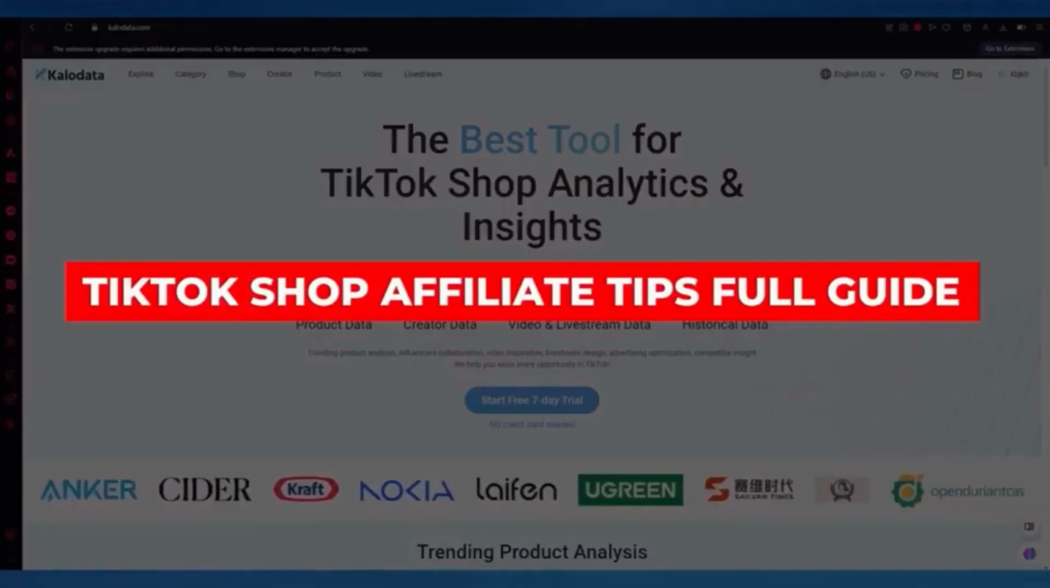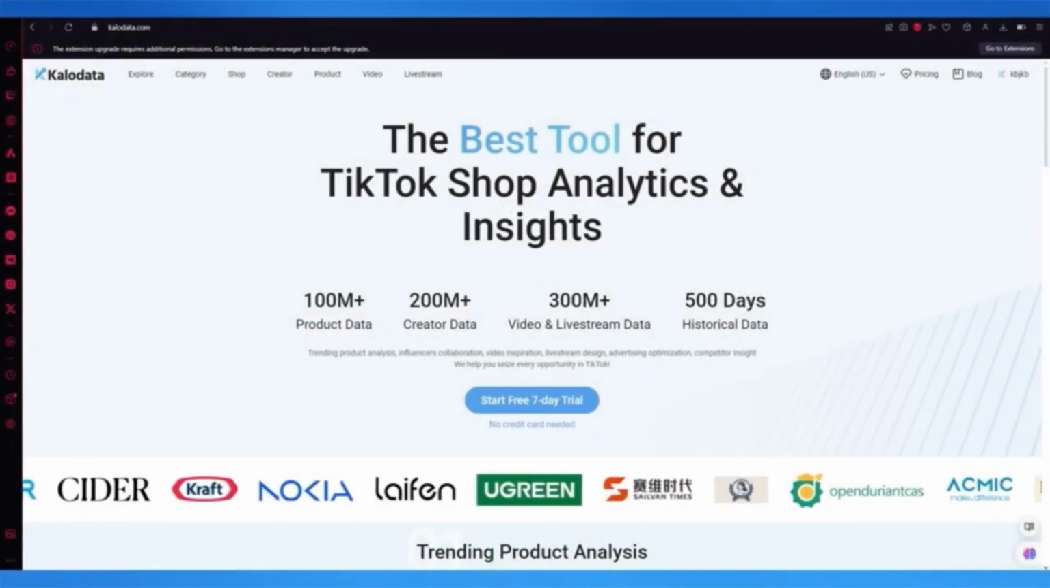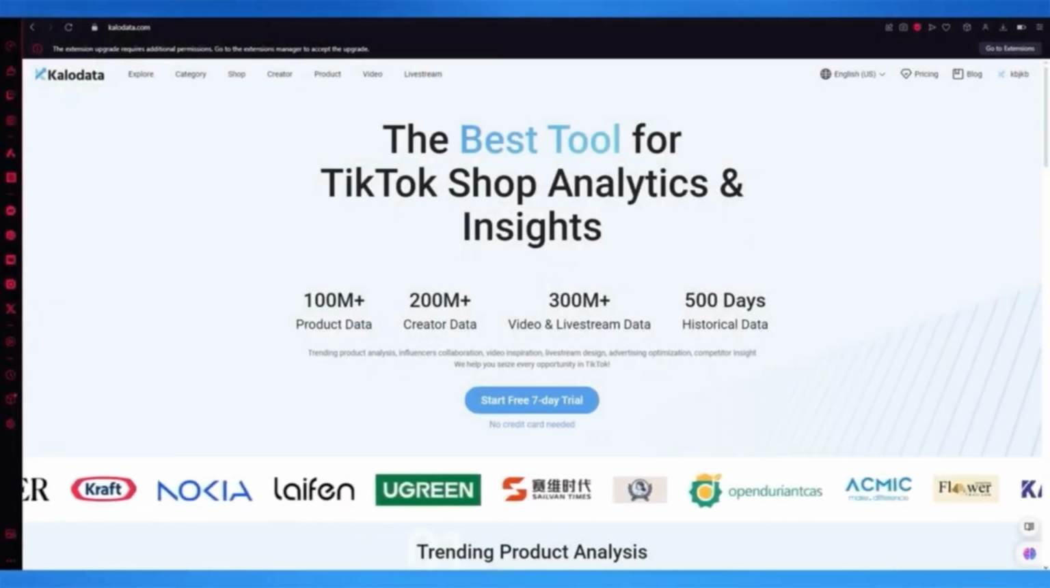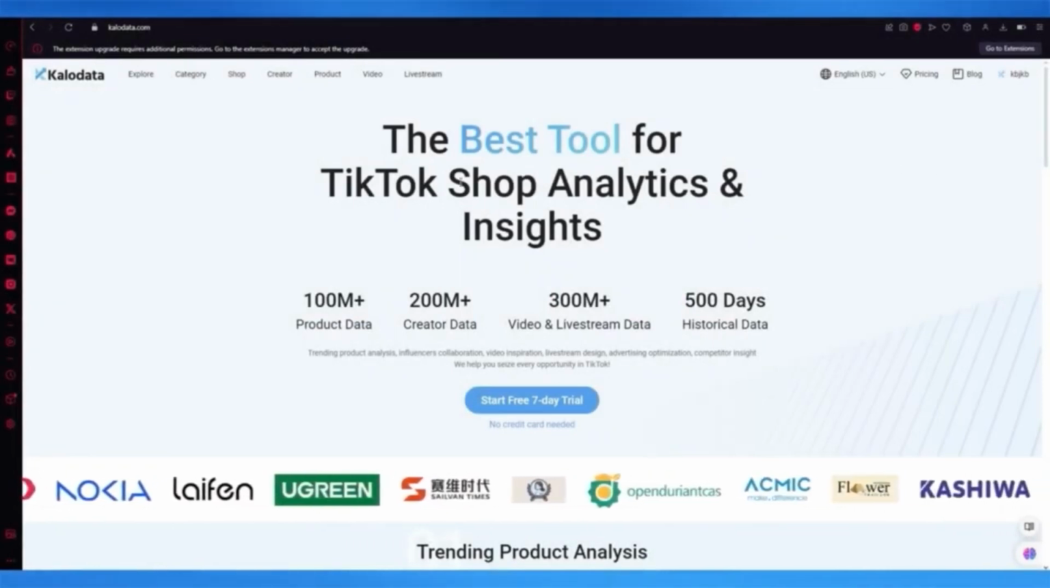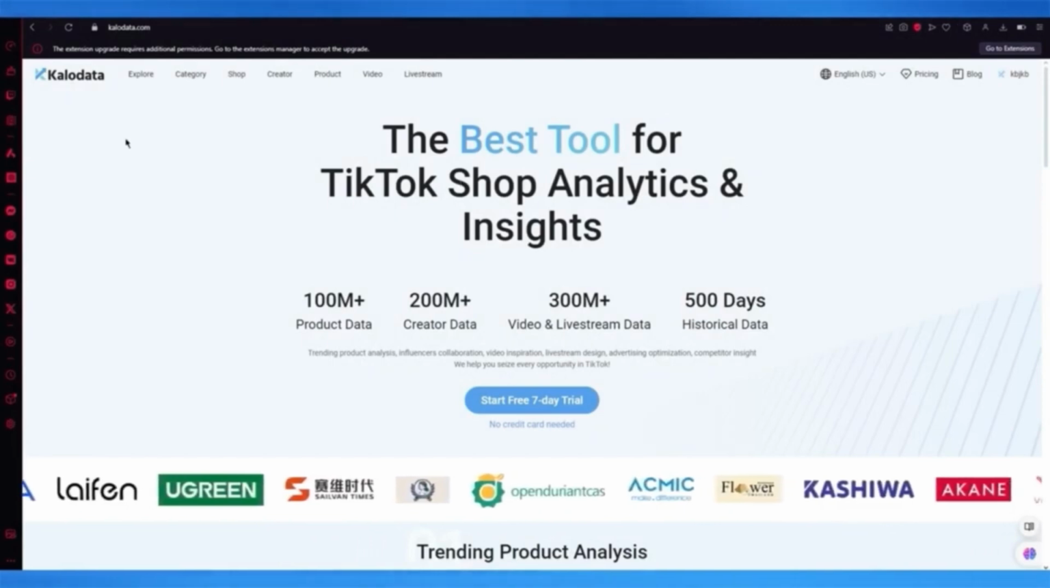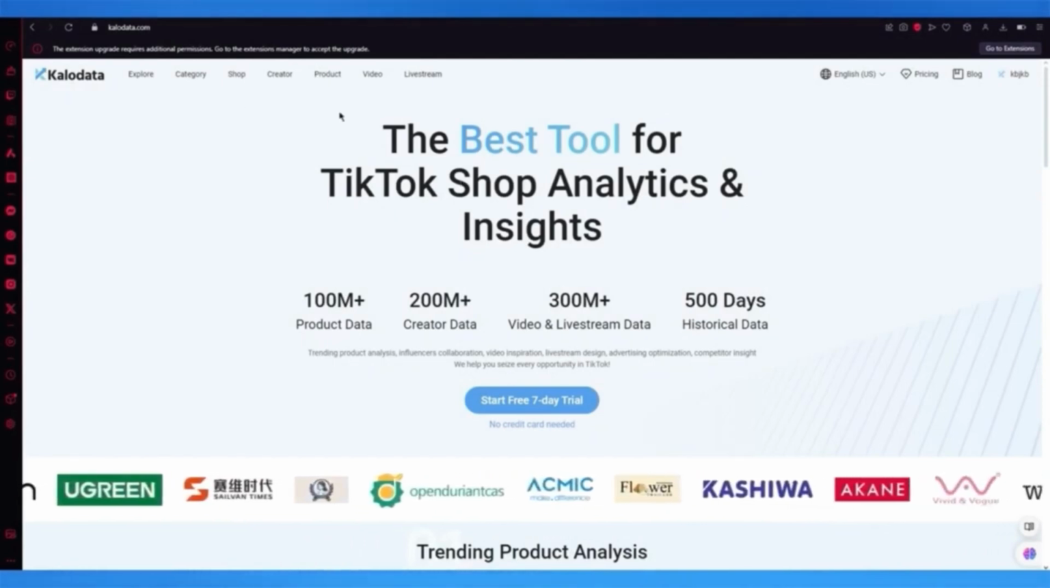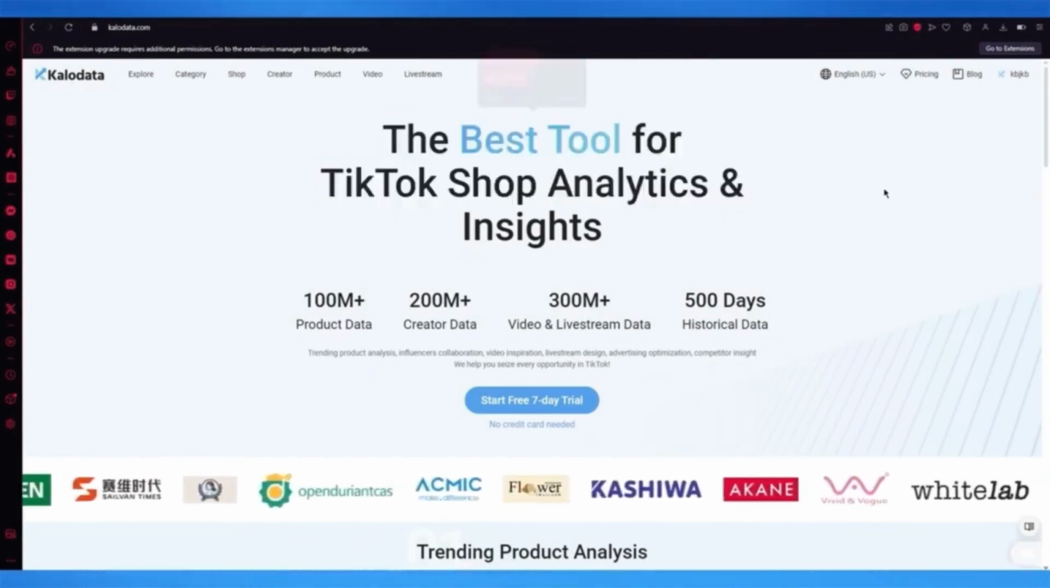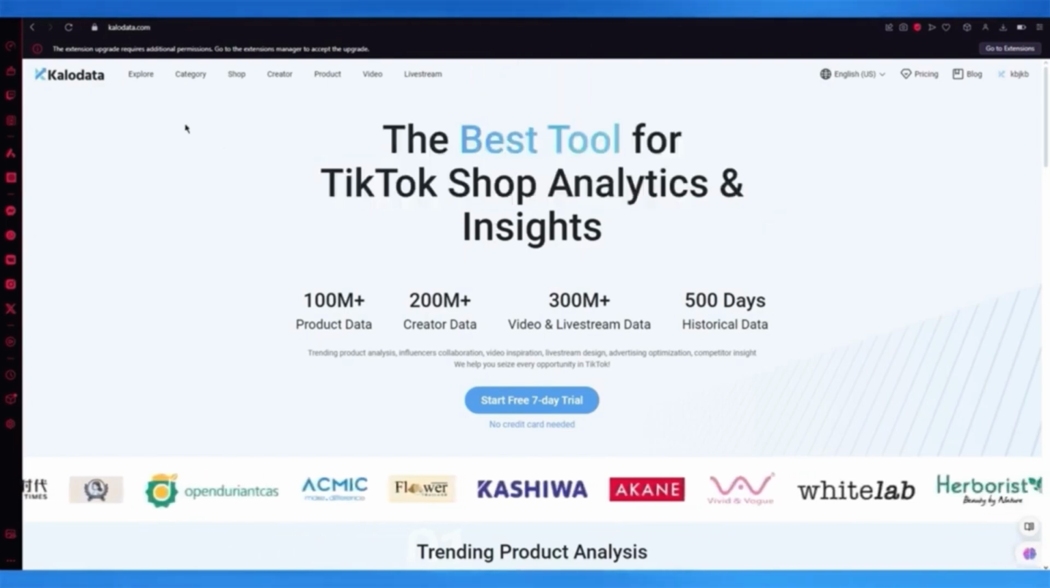If you want to learn how you're going to score high rankings in TikTok Shop and you want tips for that, then the best thing I can suggest to you is Kalodata. Kalodata is basically a software which is the best tool for TikTok Shop analytics and insights. Okay, so to work with